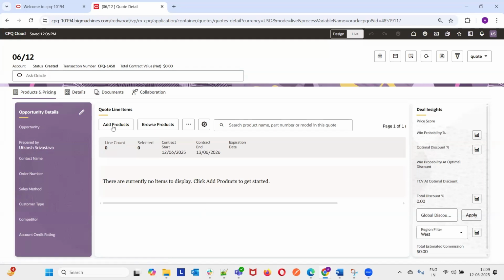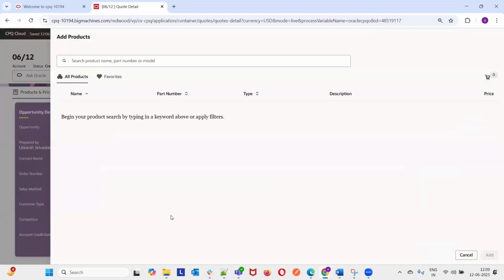The next one is addition of the products. So I'll just click on add products, and here we can see we can search the products directly by the name, part number, or the type of the product. Here we can also add the part custom fields, but those settings need to be enabled from the parts section for that particular part custom fields.